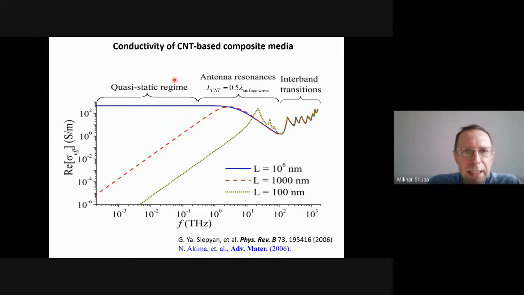Okay, and here are the results of the computation of the effective conductivity of the composite comprising carbon nanotubes of different lengths. So if the length of the tube is very large, in this case the finite length effect does not exist,